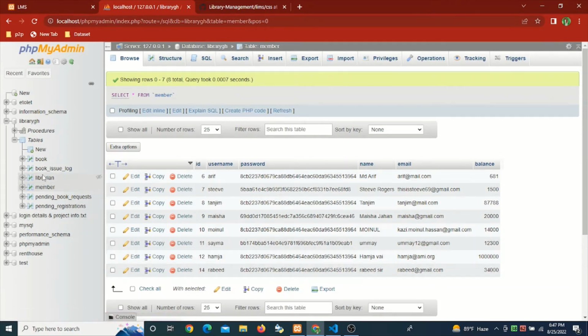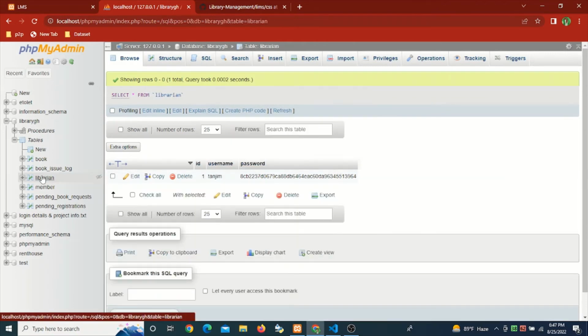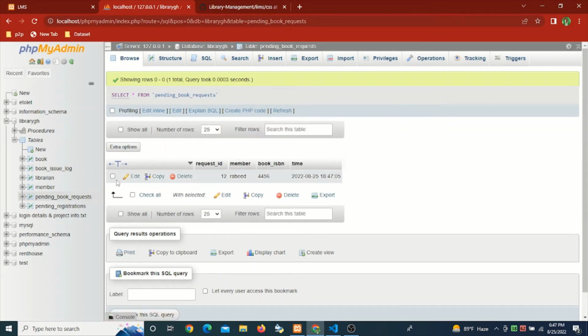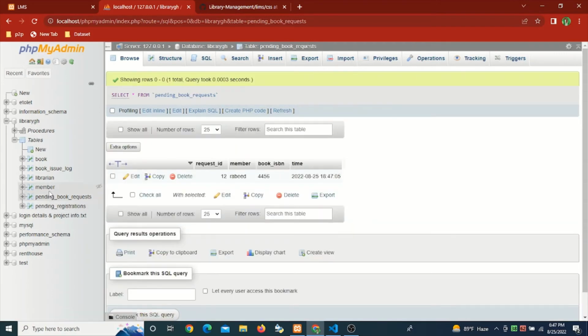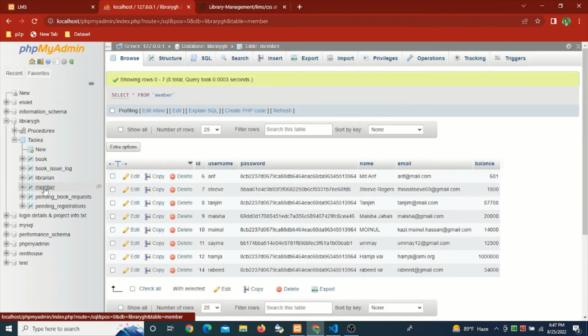And there is the librarian part, which was the admin, the book issues, and the request pending, and the registration part. So in the member part,